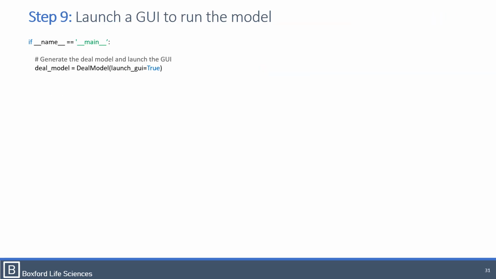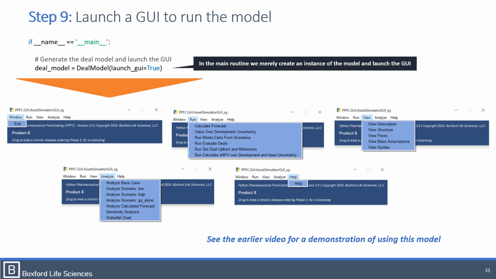And once we've done this, we've completed all the modeling that we need to do in order to run this example. And so now in the main routine of the script, all we do is we create an instance of deal model. And when we do that, we say launch GUI equals true, and it goes ahead, automatically assembles the model that we have, and then opens up this window where we can go under different menu options, under run to calculate forecasts, value the asset over development uncertainty, run Monte Carlo over input uncertainty defined by scenarios,